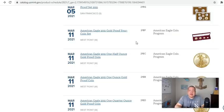So like I had said, this is not something that you can buy a whole bunch of, because these are highly allocated based off of the demand of the coins. So I'm not going to say they're minted to demand. Okay, it's kind of like that, but the mintage could be as high as it wants to be based on sales. If the U.S. Mint all of a sudden sees increased demand for these, okay, people keep buying them, and the mintages go up to many hundreds of thousands, then that's going to be the mintage limit. All the way up till they decide to just shut off the faucet and say, we're not going to,